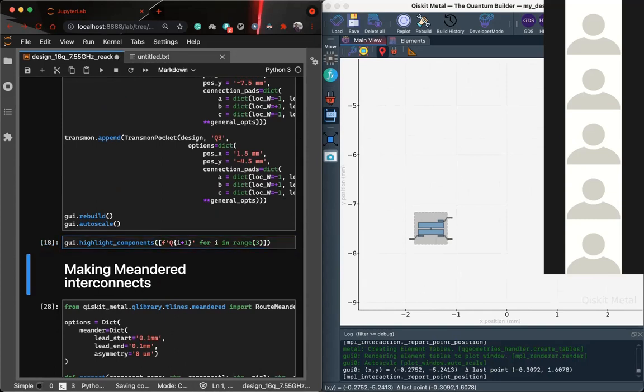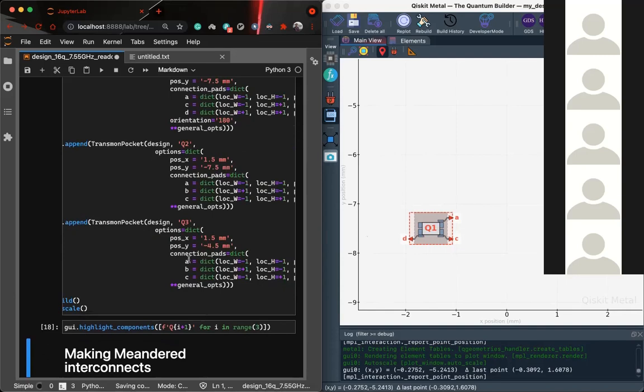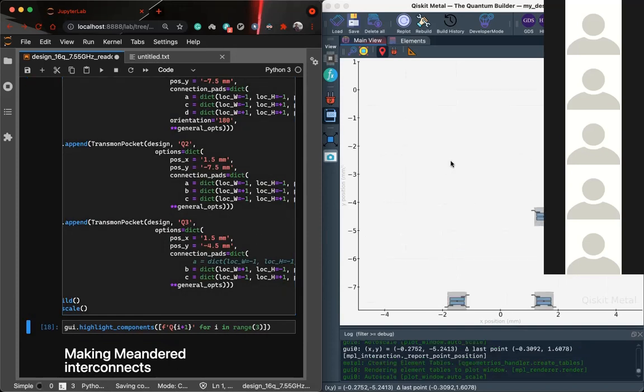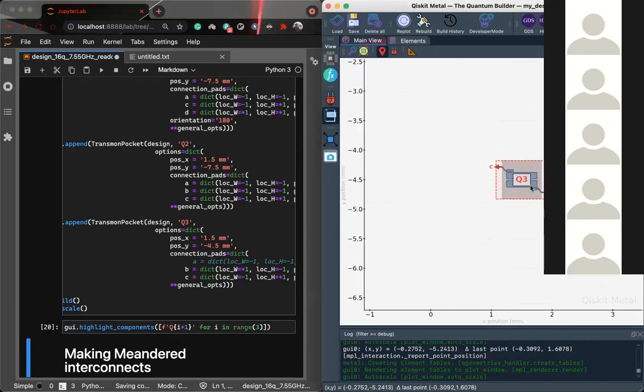If I just highlight this particular thing, you can see this is A here, and then it would be B, C, and D. So these A, B, C, D are basically the 4 pads you can use for connecting these qubits to other qubits. If I don't want the A pad in qubit 3, I can just comment this out and render it again, and you can see this A pad goes away from this qubit.